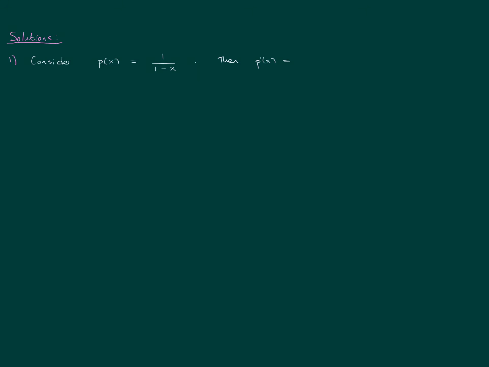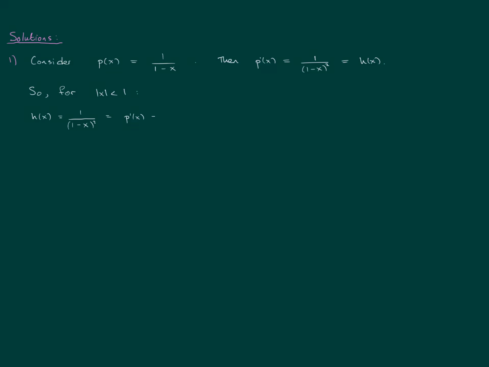Then the derivative of p of x is 1 over 1 minus x squared, which is equal to g of x. So, for absolute value of x less than 1, g of x equals the derivative of p of x,